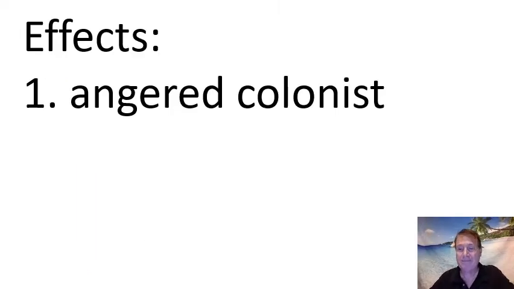Angered colonists. I know. They're an angry bunch, aren't they? And you're probably going, how can they be angry? Well, conspiracy theories. Americans have always loved conspiracy theories. And this conspiracy theory was that, yes, the tea was cheap. And the reason tea was cheap and the taxes were taken off and all that good stuff was because once Americans started drinking this British East India tea, then